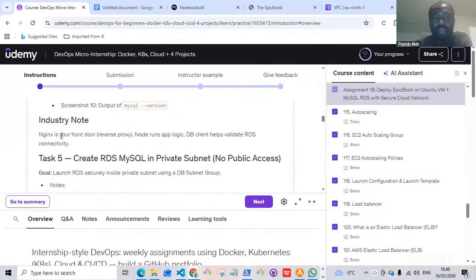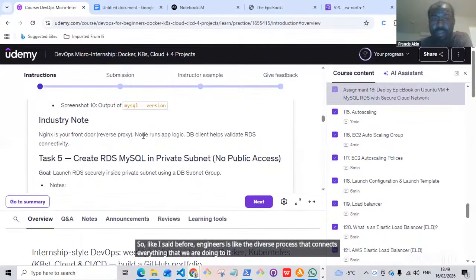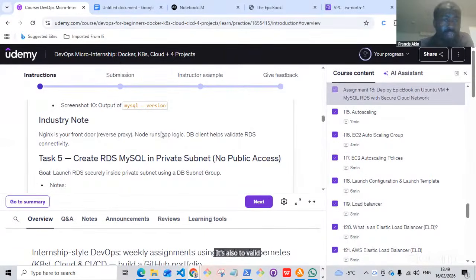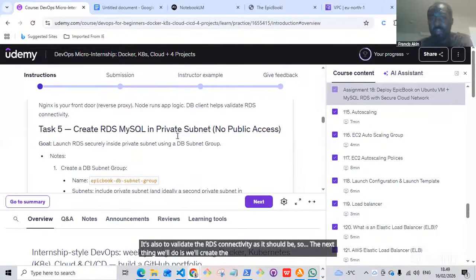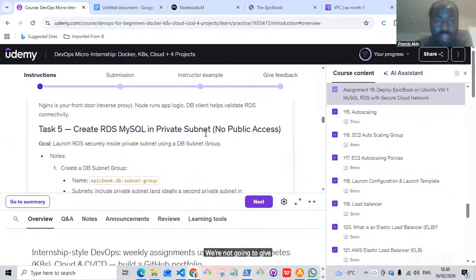So like I said before, Nginx is like the reverse proxy that connects everything that we're doing together. So Node.js runs the app logic, the database client helps us to validate the RDS connectivity as it should be. So the next thing we'll do, we'll create the RDS MySQL in our private subnet. Like I said at the beginning, we're not going to give it access to the internet. So let's create the